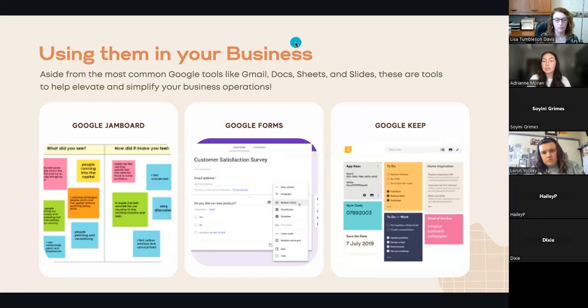And then lastly here is Google Keep over here on the right. So this is just a snapshot of some different layouts that you could do. Like I said, you can color them very differently. You have checkboxes, you can strike through, to-do list. They are great. And I love that you can access this all from the Google platform. So all of these can be used on a laptop, on an iPad, on a phone, which is super duper nice for multiple people in a team.